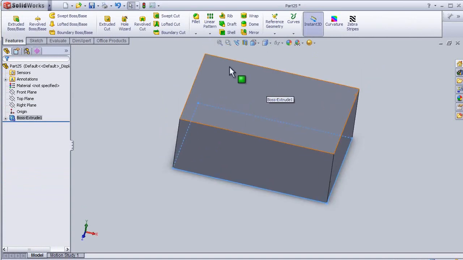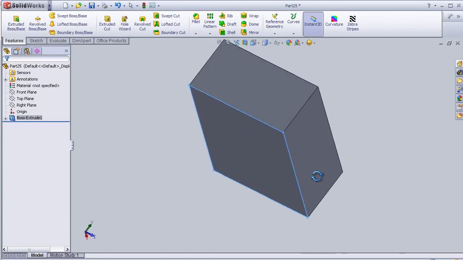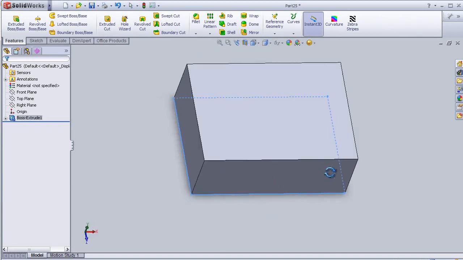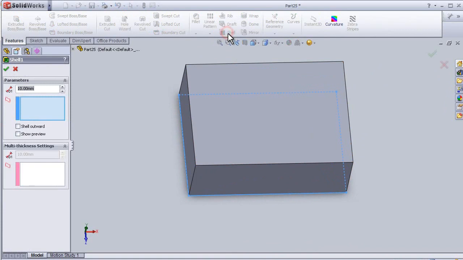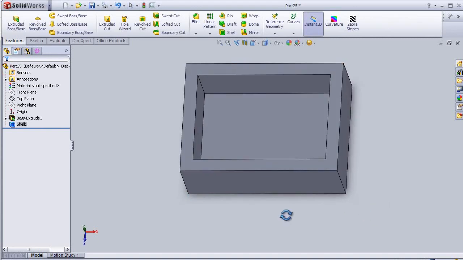The shell tool is a time-saving tool, so it can be used instead of the extrude cut, since it makes the walls for this block and cuts inside this. So let's activate the shell and choose this face, and here we can choose the thickness of this shell. So okay, so now we have